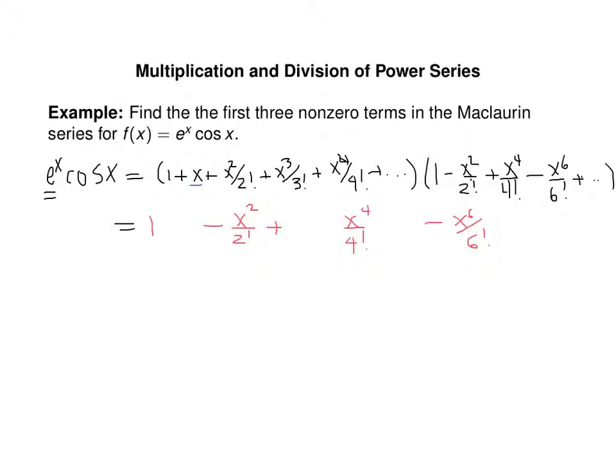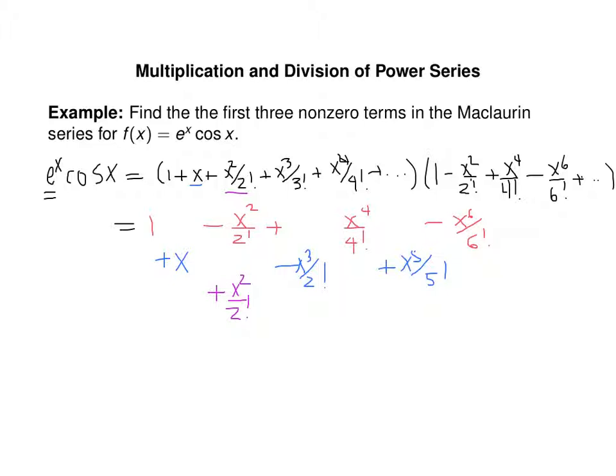Now I distribute the x. X times 1 will give me plus x, times the x squared would be minus x cubed over 2 factorial, times the x to the 4th would be plus x to the 5th over 5 factorial, etc. Then if I distribute the x squared over 2 factorial, that multiplied by the 1 gives me positive x squared over 2 factorial, multiplied